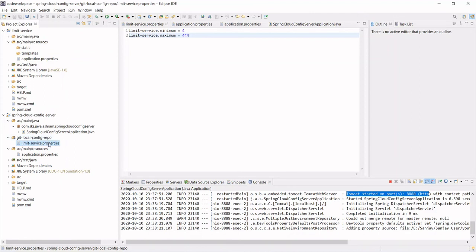Okay, so by default this is how it will pick the default profile. So in the next step we'll see how we can configure the rest of the profiles, and we'll configure for multiple environments in a Git repository. Okay, so this is how you are creating. So in the next step we can see how you can create a multiple environment Git repository like dev, QA and production and all.